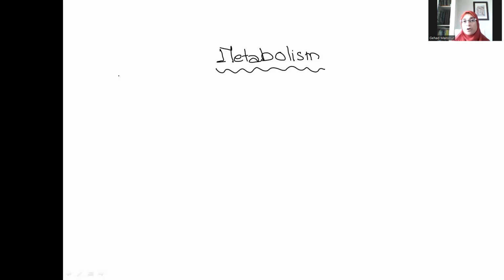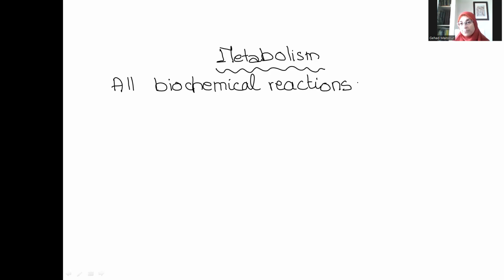Metabolism includes all the biochemical reactions that occur in living cells. So again, metabolism includes all biochemical reactions in a living cell. And as we have said at the beginning of the year, all our life is nothing but biochemical reactions,